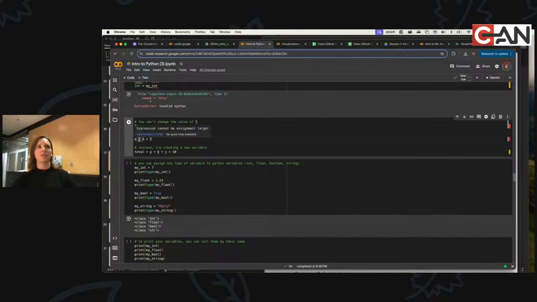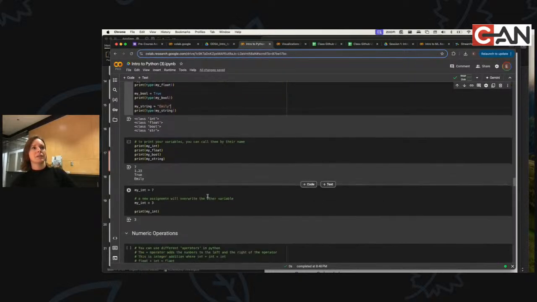Also, your expression has to go on the other side of the equal sign: whatever your assignment value is, whatever you want to call the thing, and then your operators and anything you want to do to it, all of your logic. Just like math, this will always be Y, for example. It would always be one variable that you're going to refer to it as, with all of your operations on this side.